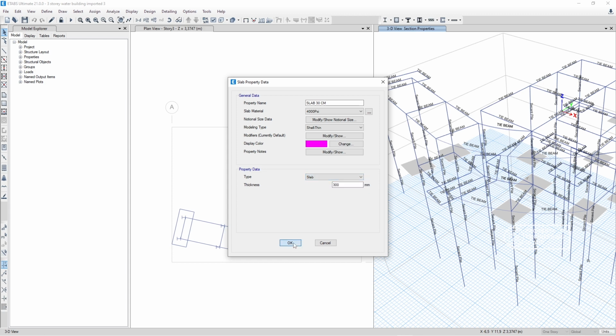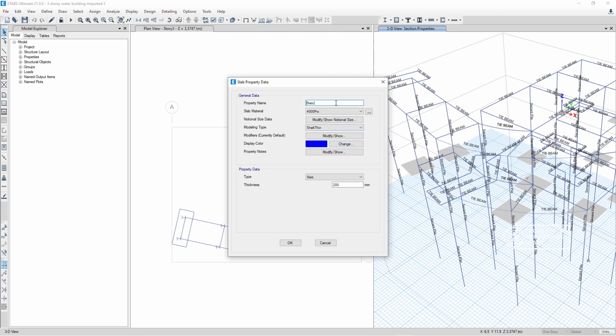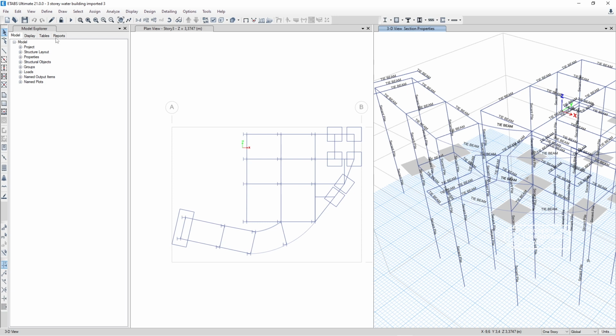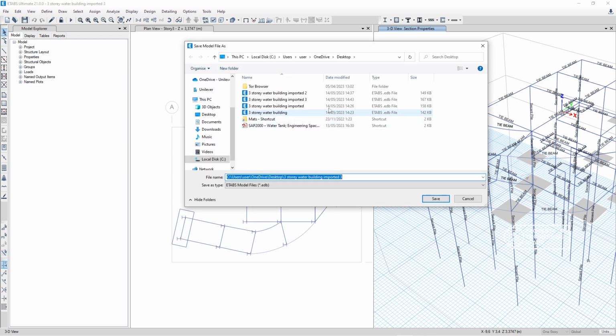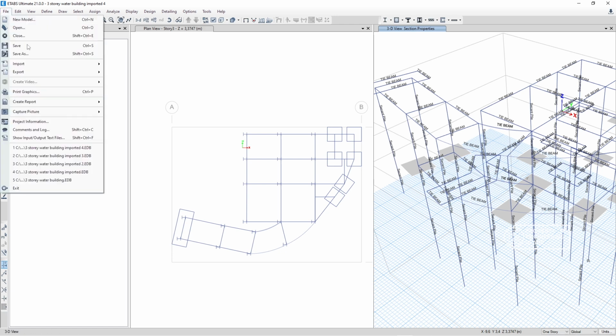Alright, let me add the other one for the footing or the cap footing, and then we choose this with the thickness of 800 millimeters. So press OK here, and then OK here. So yeah, after we define it correctly, let me just save it and then let me try